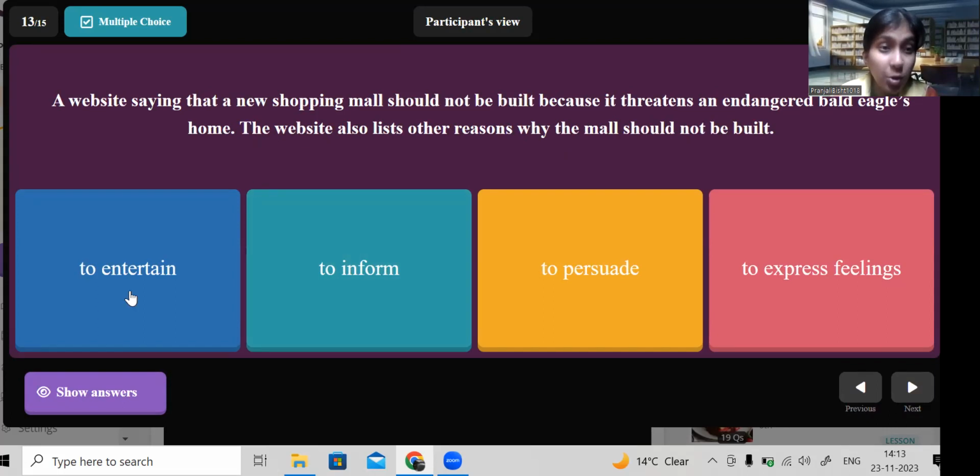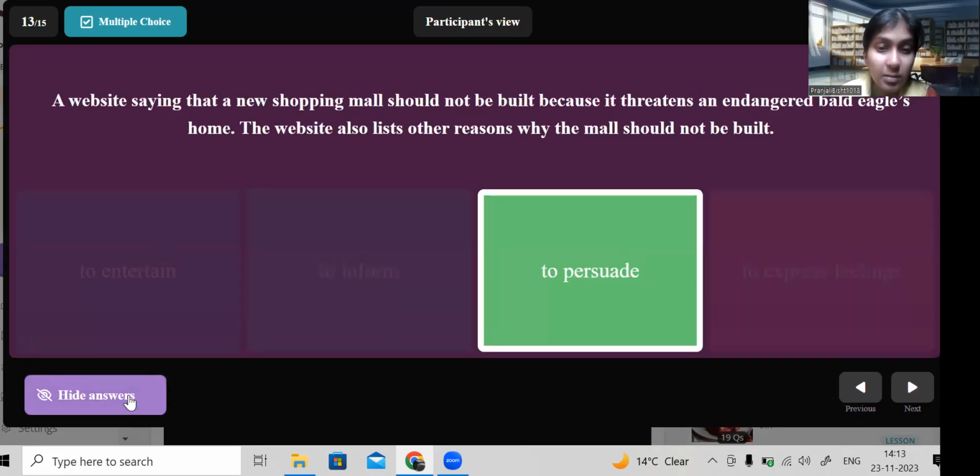To inform, the author is informing us. Okay, let's see the answer. To persuade, the answer is to persuade. Okay, why is it so? Let's understand. Let us again read. A website saying that a new shopping mall should not be built because it threatens an endangered bald eagle's